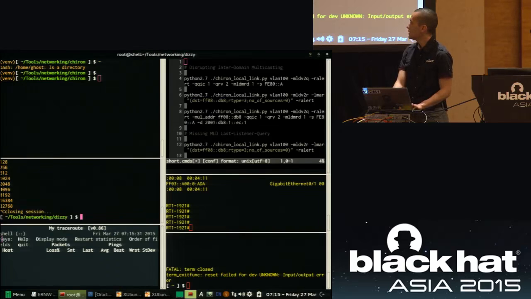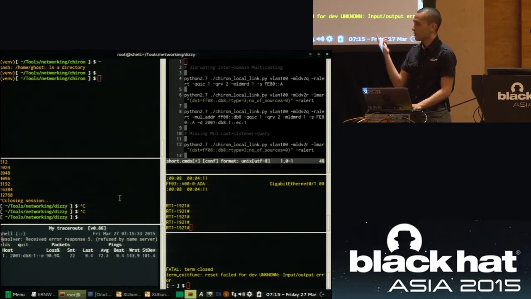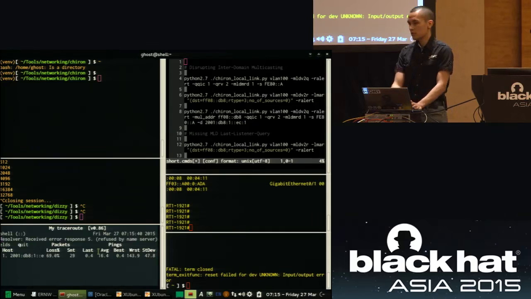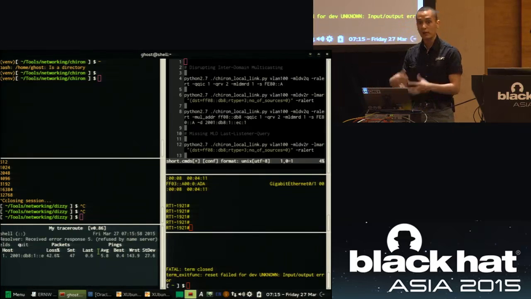So if we stop it, the router recovers, and then the packet loss starts going down again. That's uncomfortable, of course. No network administrator wants to have that behavior in their network, especially because it becomes really hard to predict. There was a lot of discussion some months ago regarding the predictability of IPv6 networks and how you should manage them, and the fact that you should or should not have big Ethernet broadcast domains.